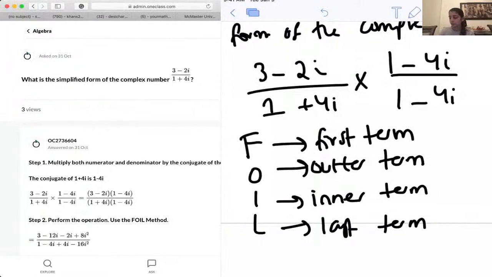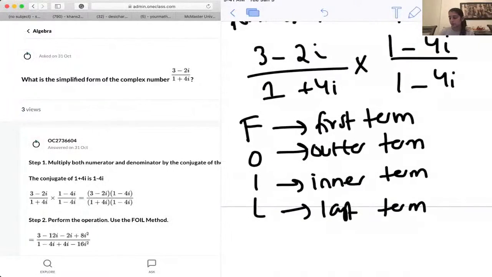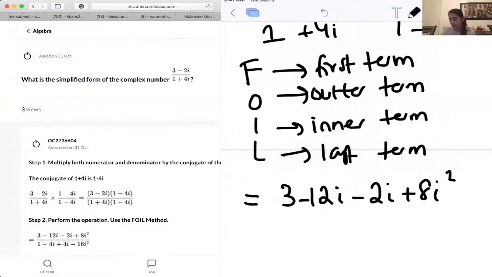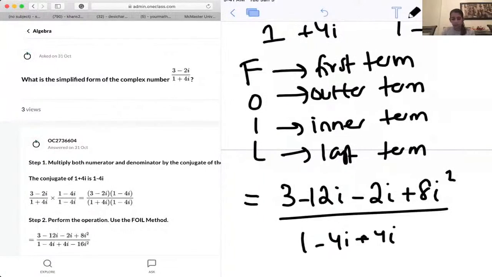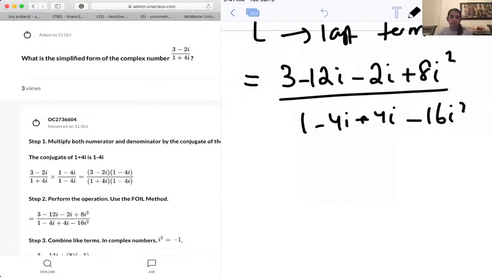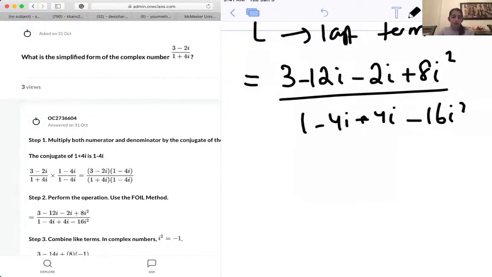Once we multiply this out, we are left with 3 minus 12i minus 2i plus 8i squared over 1 minus 4i plus 4i, which will eventually cancel out, minus 16i squared. So, write that down. Now,